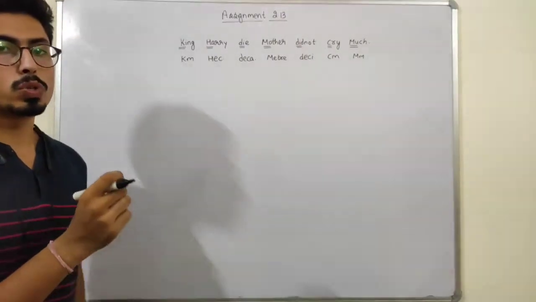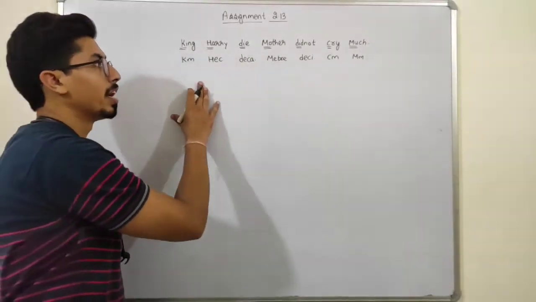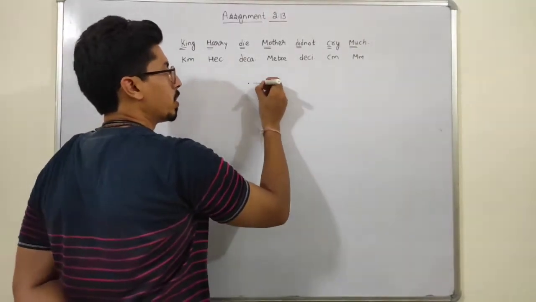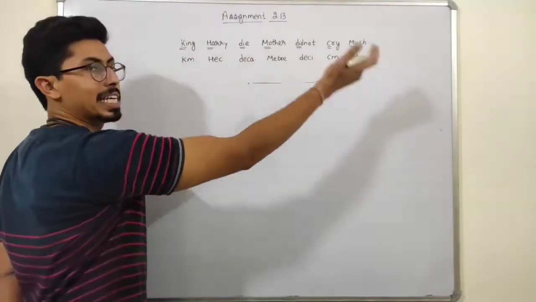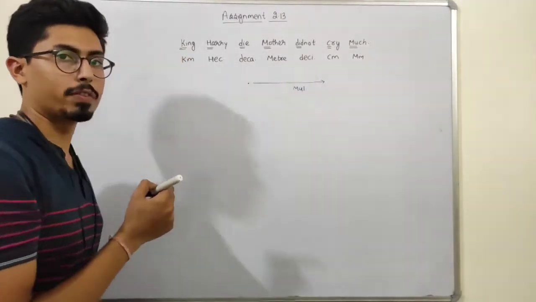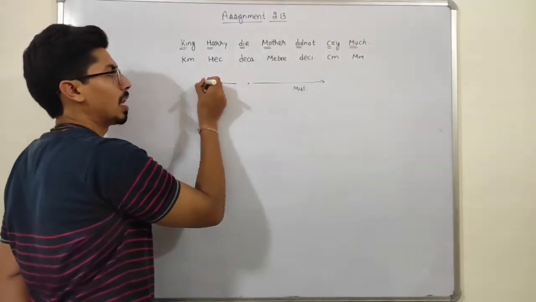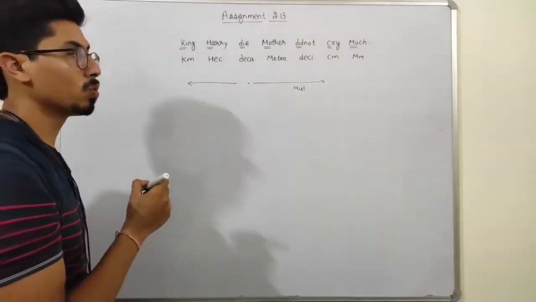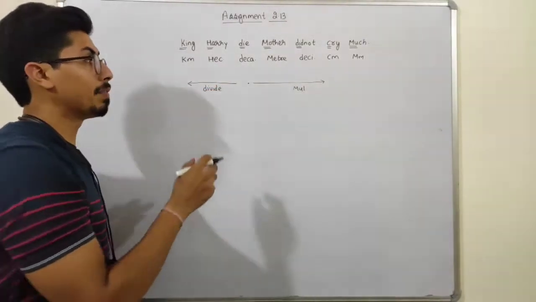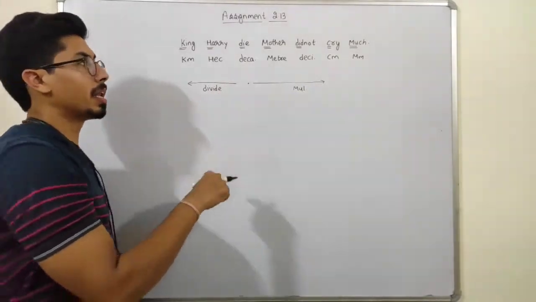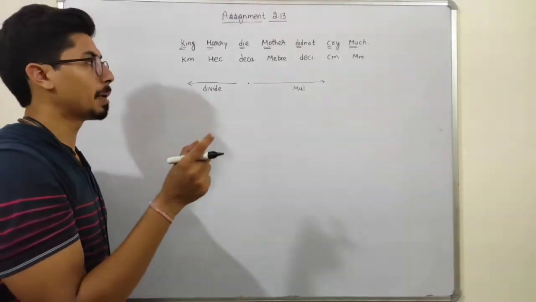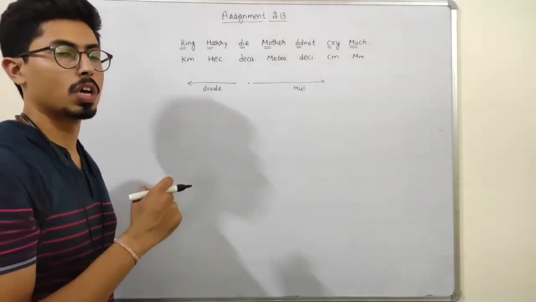Students, just remember one thing in this conversion. If we are here and we have to go to the right side, then we have to multiply. And if we have to go to the left side, then we have to divide. And by which number do we multiply and divide? The number of units that we skip, that is, we multiply or divide by the same number of zeros.